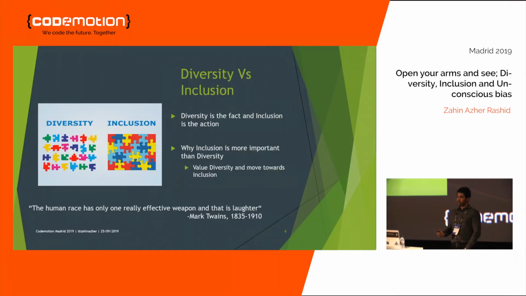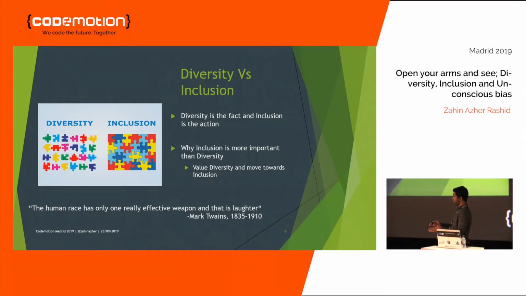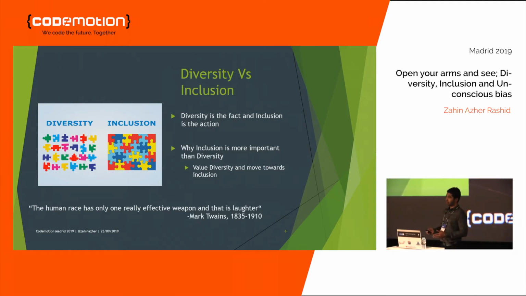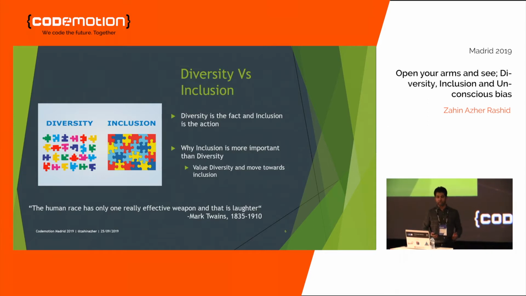So if we compare diversity and inclusion, what is it? Diversity is a fact, and inclusion is the action or the behavior. If I put this into context, to the left you could see that diversity is a piece of a puzzle. You have several pieces and blocks that come in different sizes, colors, and shapes. If we put them all together, they're going to form a big community, and they're going to be connected.